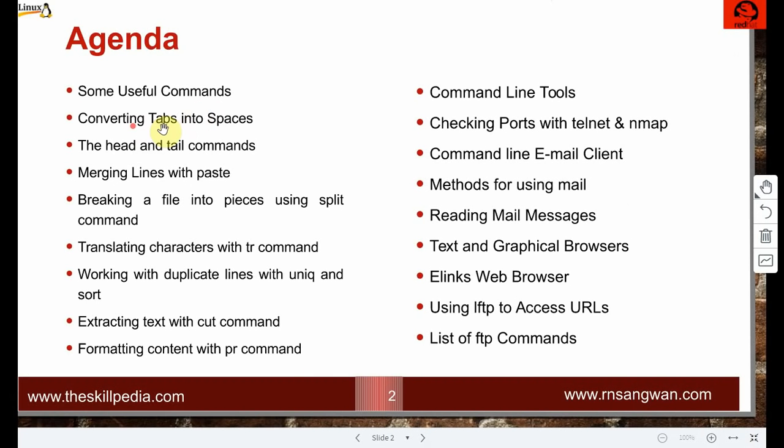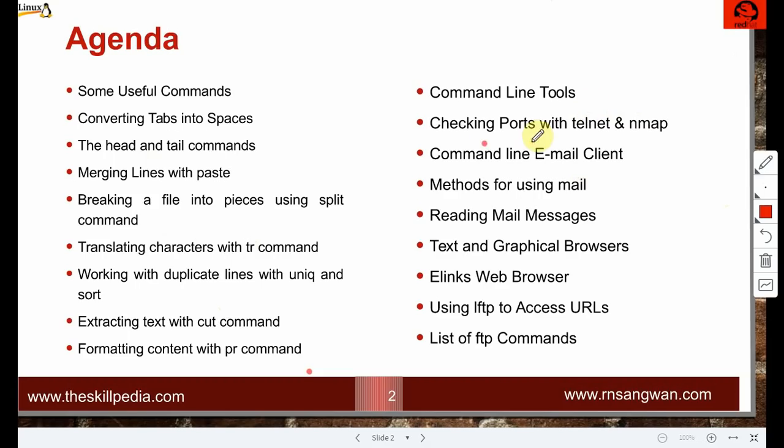Some useful commands: converting tabs into spaces, the head and tail commands, merging lines with the paste command, breaking lines into pieces with the split command, translating characters with the tr command, working with duplicate lines with the uniq and sort commands, extracting text with the cut command, and formatting content with the pr command.